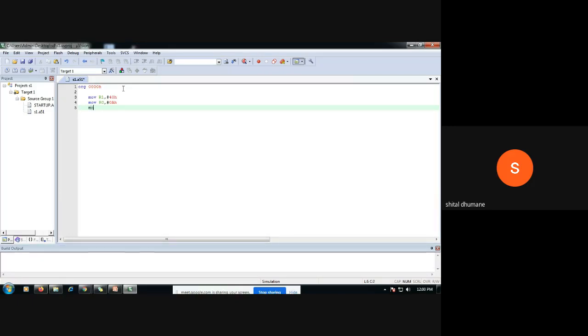Then clear your accumulator. You should always clear your accumulator when you are using its content. Now we have to add all the 10 bytes one by one. So what instruction can you write?